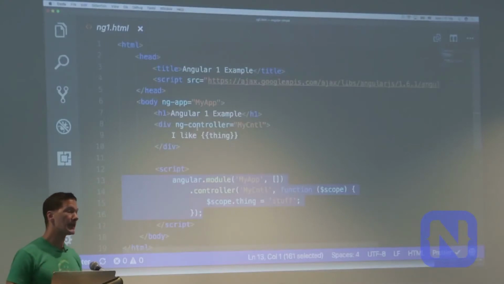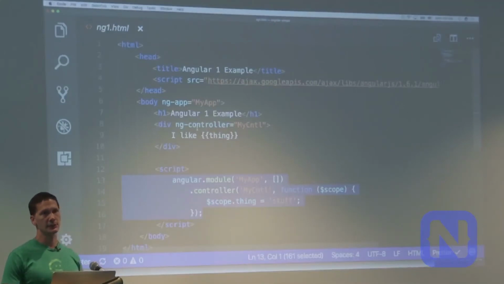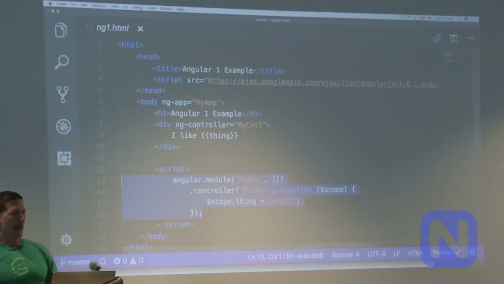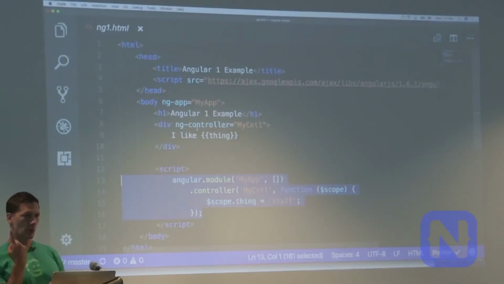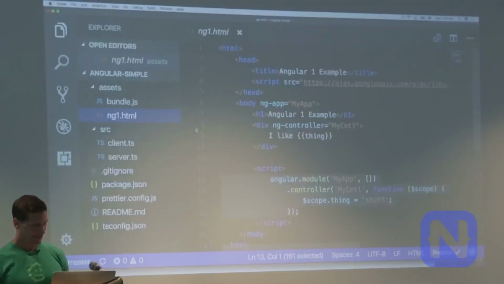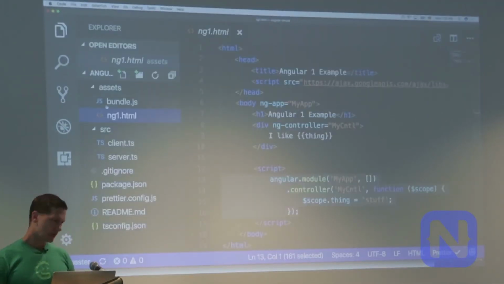And it was super simple. And that's actually one of the reasons why Angular 1 was really popular to start with, because it was so easy to get started, right? But you don't have this anymore. Now you've got to use TypeScript and Webpack and a million other things. So I wanted to recreate this, but I couldn't do it in one page. But I did do it in two. Plus some supporting files.